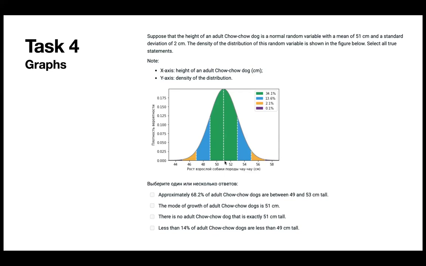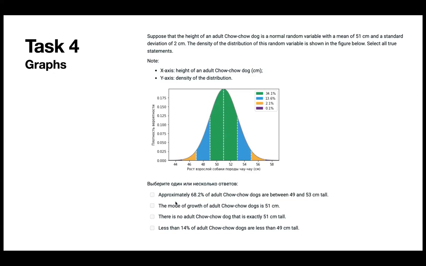We can say that's wrong, and exactly 51 centimeters tall is the most popular value of the dog's height. So that's false. Less than 13% of adult Chow Chow dogs are less than 49 centimeters tall. 49 is here, and yes, that part of our